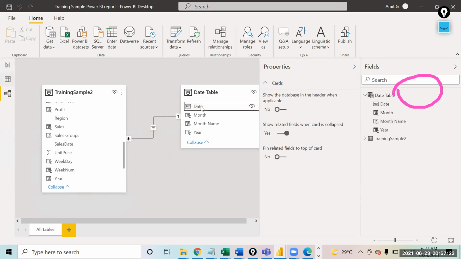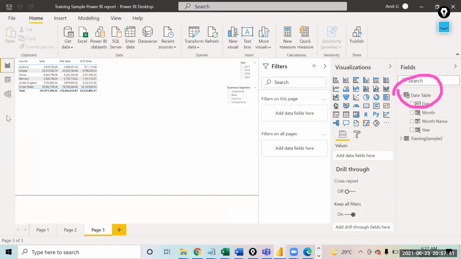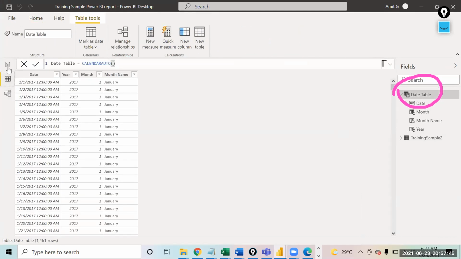Right. The reason we have done all this work is to do some time intelligence calculations. So we made a date table, and we made the connection between the date table and this training sample too.